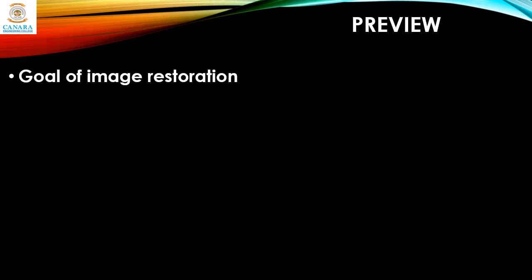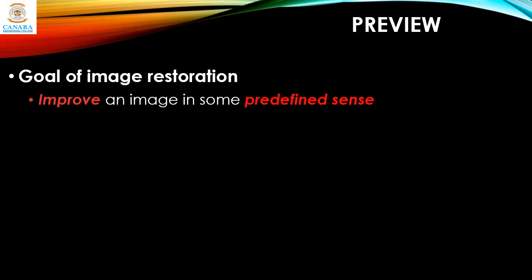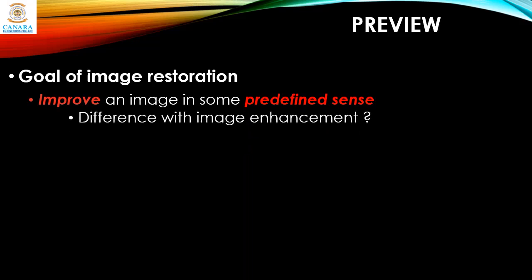The goal of image restoration is to improve an image in some predefined sense. And here the goals for restoration are clearly mentioned, and we need to achieve those goals or objectives. And that is what differs it from image enhancement. In enhancement, it's basically a subjective process, so it varies from user to user. So there are no predefined objectives to achieve. So it's basically to enhance whatever we are given. But in restoration, the objectives are clearly defined, and we need to achieve that.